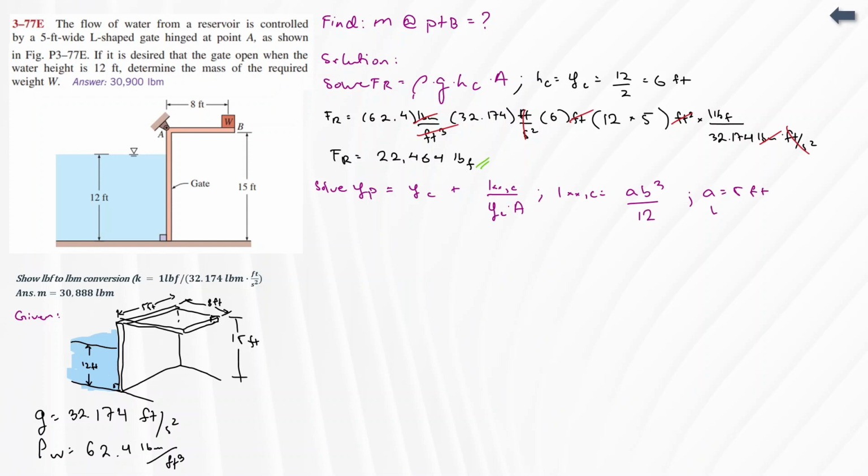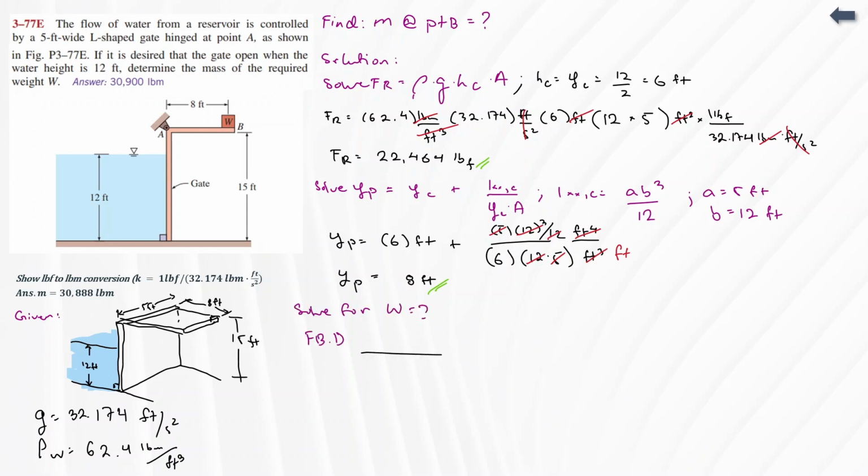And also for YP is equals to YC plus moment of inertia divided by YC times A. For moment of inertia is AB cubed over 12, where A is 5 feet dito and B is 12 feet. Okay? Simply substituting the formula na yan, and we will get 8 feet. And then from here, we now take yung moment at point A to get yung W. So I just draw a little bit of FBD here. Don't forget yung X and Y axis nyo. So in this case, this is gonna be YP